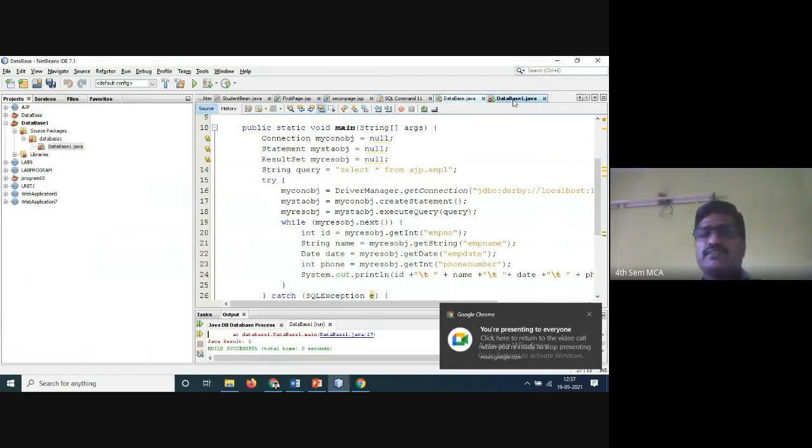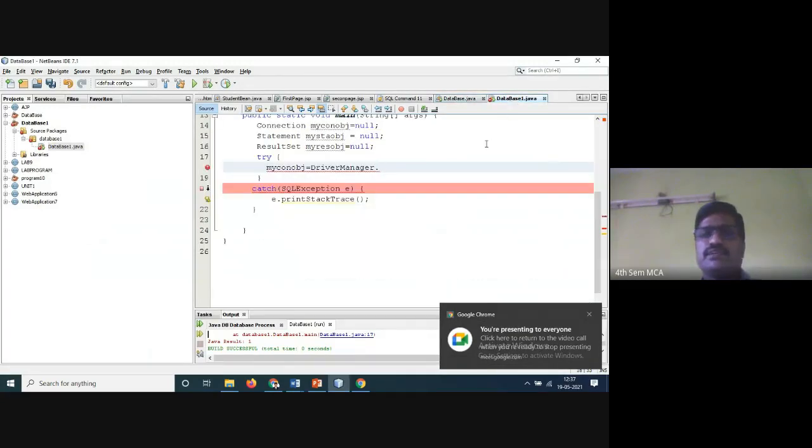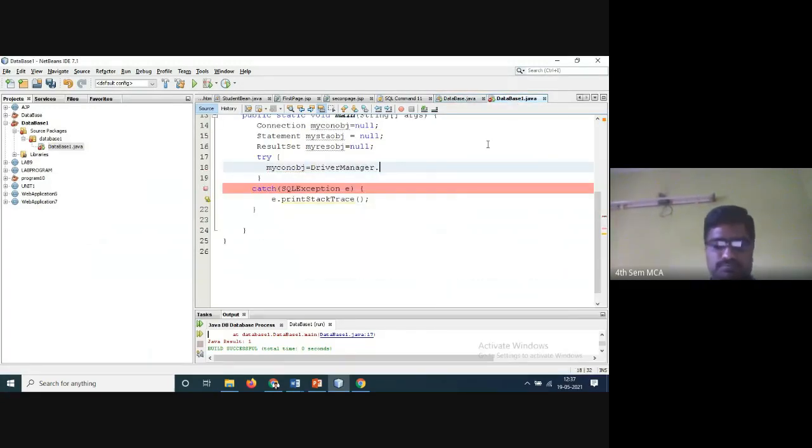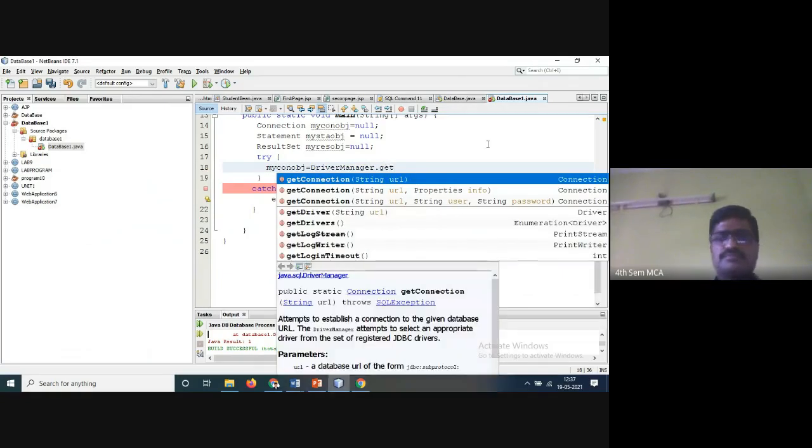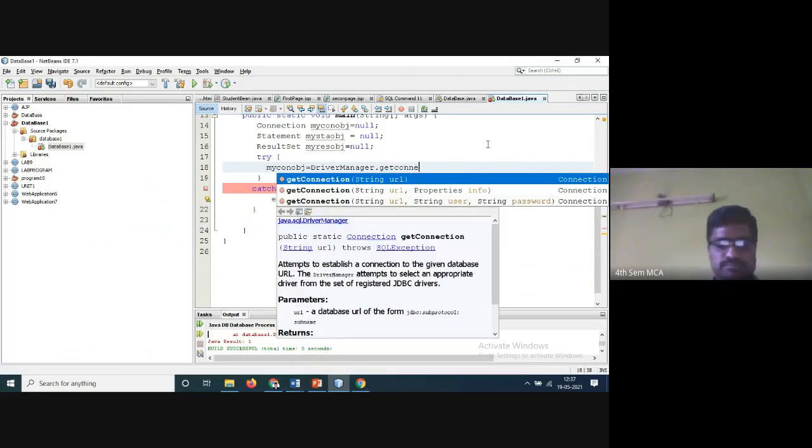You have to write driver manager dot get connection. Yesterday I told you the syntax. One is the string URL, one is URL and information, and one is URL, username, and password.